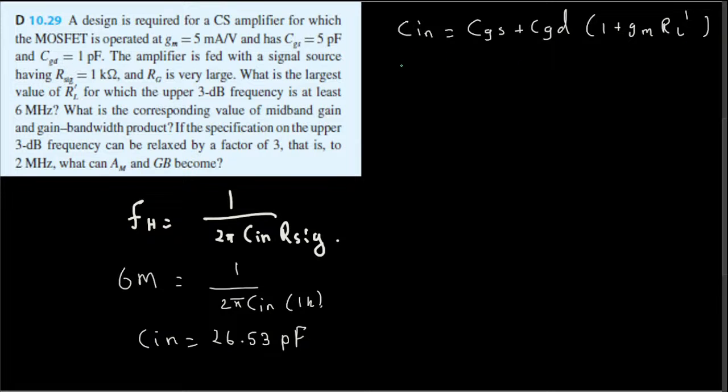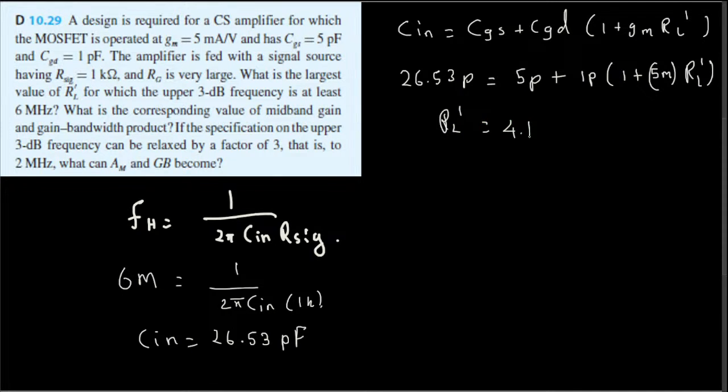Plug in all the values. Cin, we just found out 26.53 picofarad, and then CGS is 5 picofarad, and CGD is 1 picofarad, and then gm is 5 milli times RL prime. If you rearrange and solve for the RL prime, you will end up getting 4.11 kilo ohm resistance. Okay, that's the first part of the question, and the second part is asking what is the corresponding value of